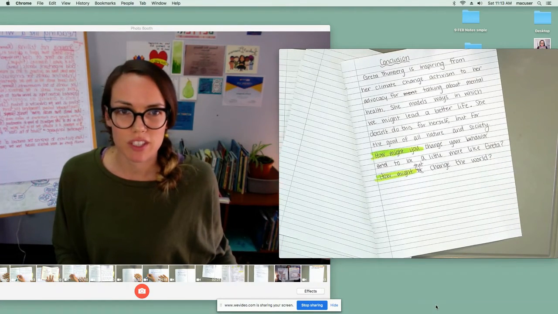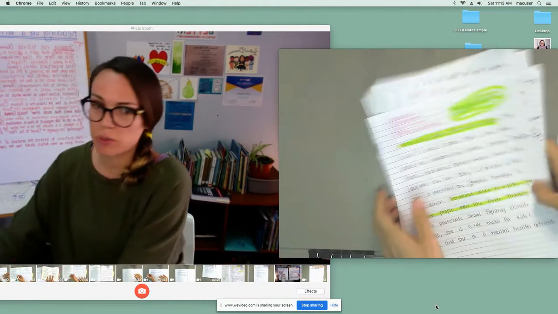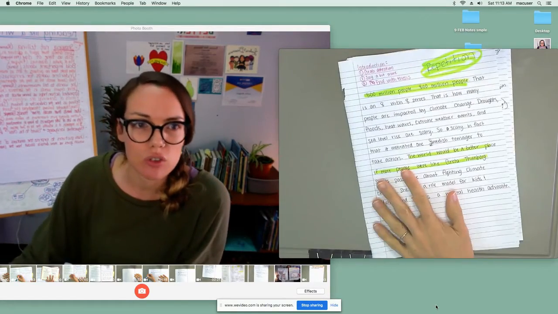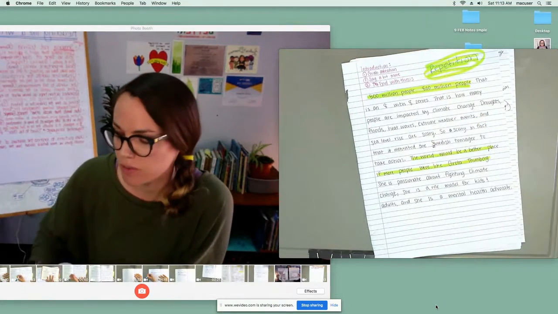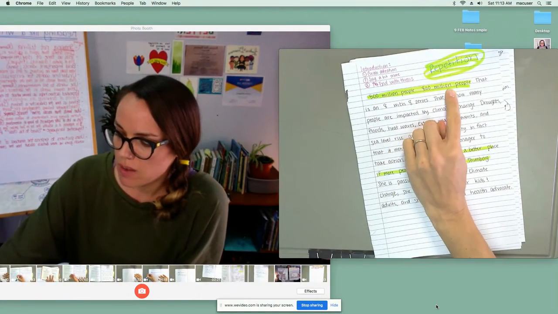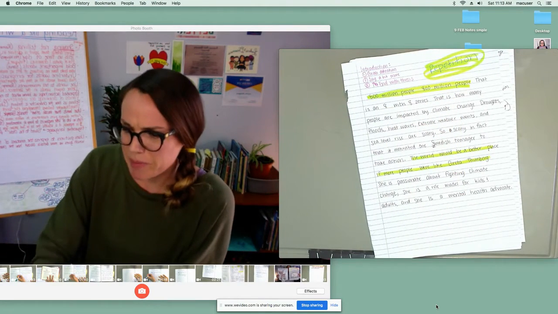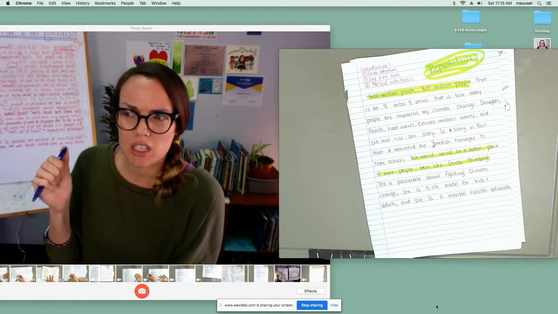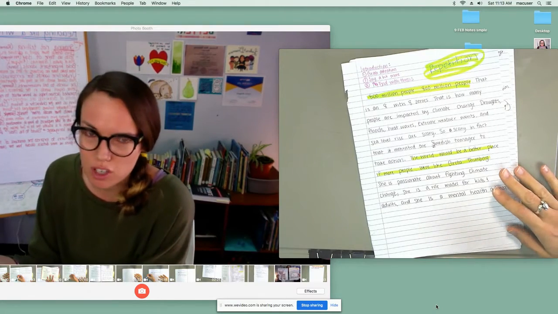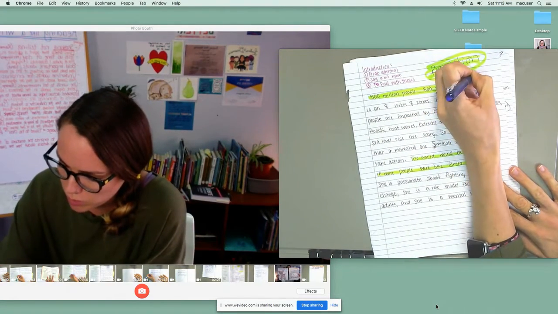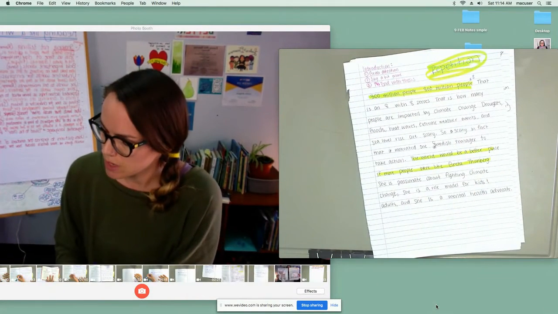Okay, so let me tell you what I've done here. Look at this split screen. I found a few places where I already had repetition, and you can see that I made a little code. Everything highlighted in green means repetition. I said 8 million people, 8 million people. I might even do that a third time. I'm not sure if this is a literary rule, but things in threes are just nice. Not a rule, a suggestion. So I'll just add another one when I do my final copy.